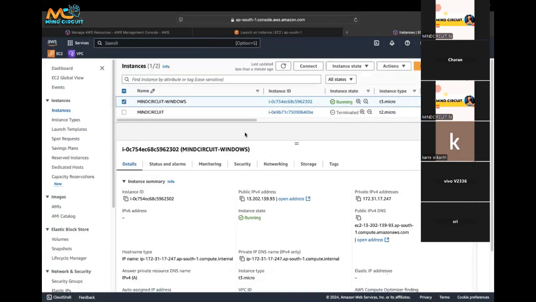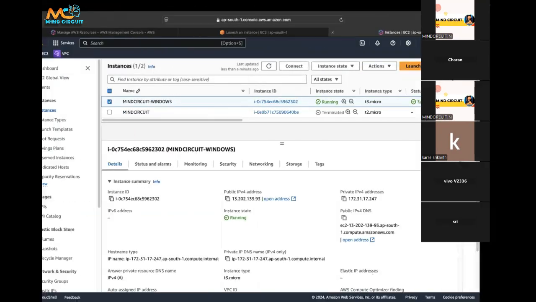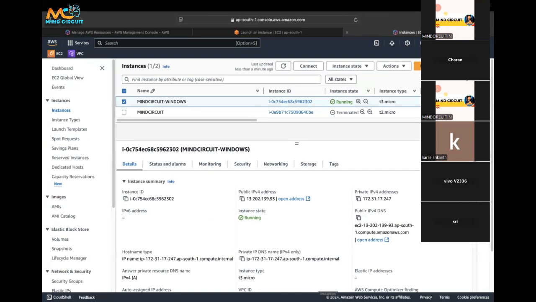How to log into this machine? For Windows machines, you will be using RDP client to log in. In all your Windows laptops, you will have RDP. You don't need to install anything. You all will have RDP in your Windows laptops. Since I'm using a different operating system, I installed RDP. So in your laptops, you can just go to the